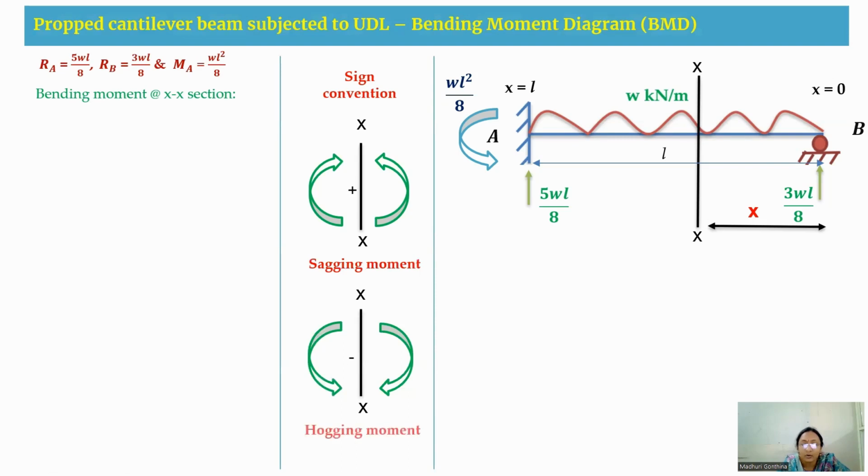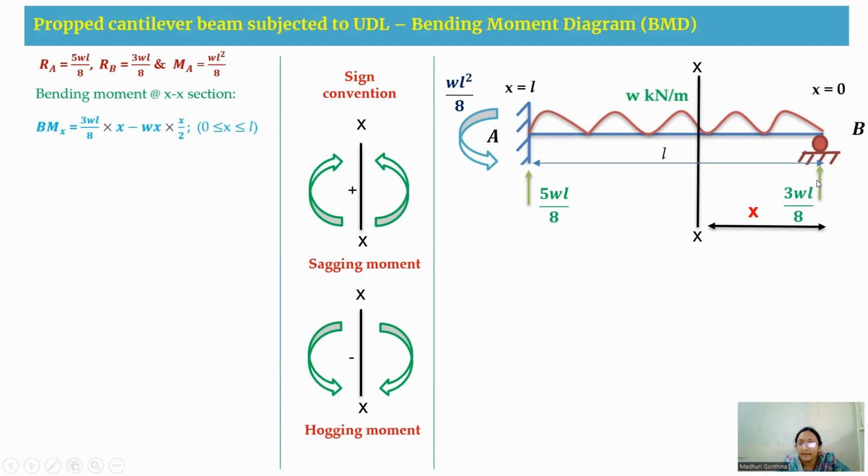So that means you can call this moment a hogging moment. Sagging moment means positive and hogging moment is a negative moment. So after knowing this sign convention, at this section, when we write a bending moment equation, so you can write